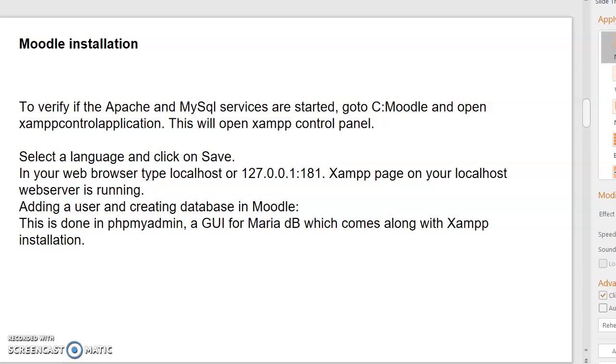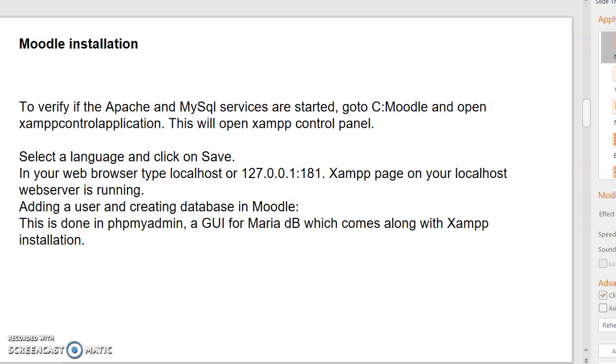This will open the XAMPP control panel. Now select a language and click on Save. In our web browser, type localhost or 127.0.0.1:181. Now the XAMPP page on your localhost web server is running.